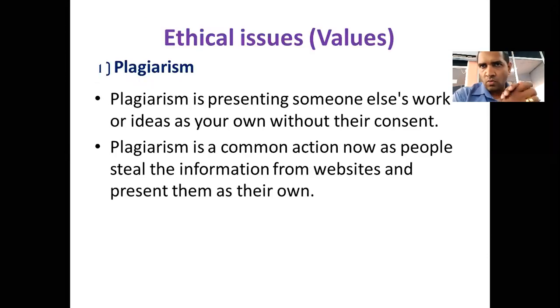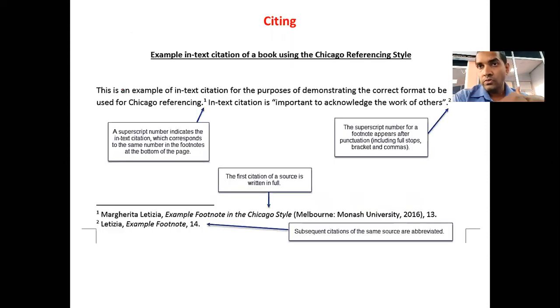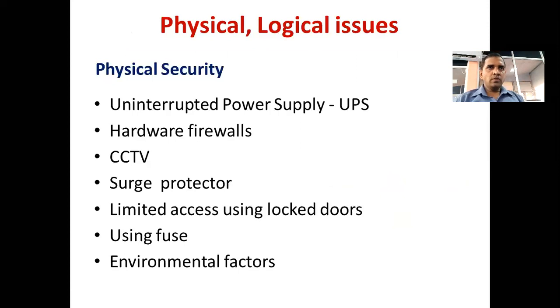Then we discussed one and only ethical issue called plagiarism. Plagiarism is presenting someone's article or someone's creation as ours. There are also ways to copy others' work in our document, which I explained. Citing is one option, quoting, and also you can take a reference. These are some of the mechanisms which allow you to copy others' work in your creations. Time to discuss